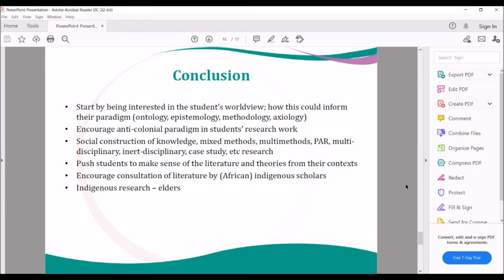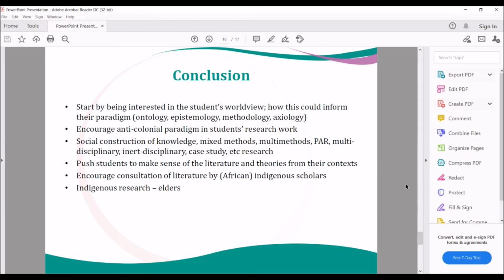Don't make yourself superior per se. Yes, you are an academic elder by way of having gone first and being a knowledge expert in your field, but that does not preclude the fact that you need to respect what the student is bringing to the table as a scholar who is reading literature and trying to make sense of what they are reading. You need not close them down, but listen to what they are saying. Consider encouraging mixed methods, multi-methods,